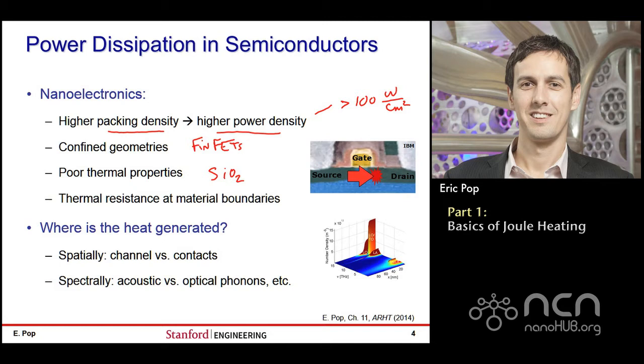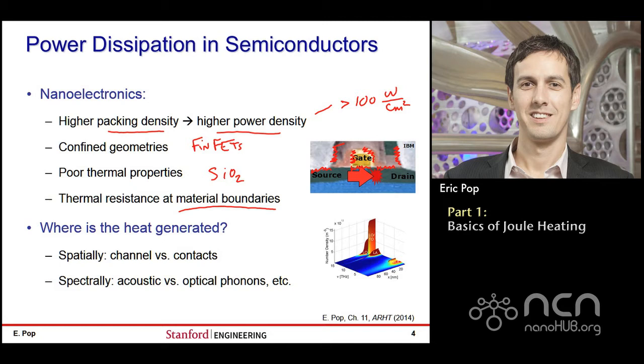And of course, there's the issue of material boundaries. As I'm sure you know, as devices get smaller, the surface area to volume ratio of these devices actually becomes more important. And I'm just going to highlight a few interfaces present in a device in this picture right here. This is a cross-section of a device. And of course, there are interfaces all around where I'm highlighting between the gate, the source, the drain, the contacts, of course, and so on, everywhere where there are 2 dissimilar materials.